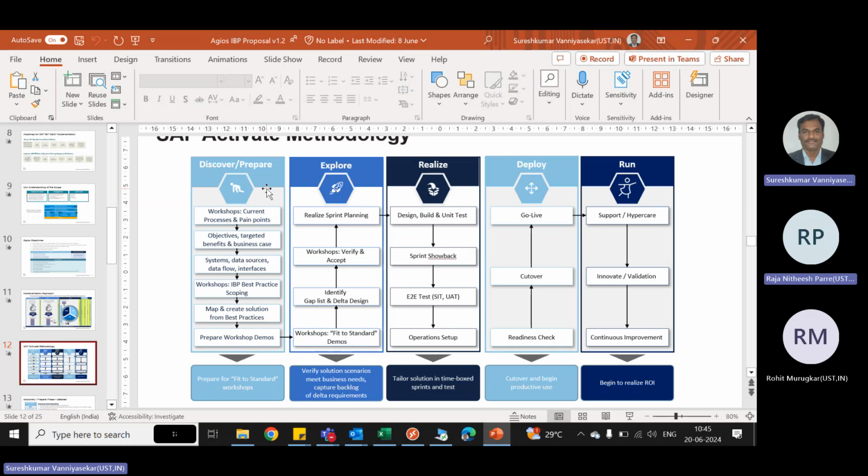blueprint. And also you have to ask them, for example, plant: how many plants are there? Storage location: how many storage locations are there? Most of the implementations would be migrations from APO to IBP. If that is the case, you can take that information directly from the APO system itself. Or maybe if they are using any other Oracle ERP or any other planning tool,